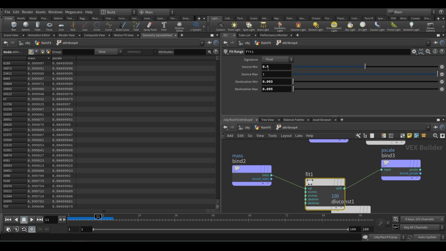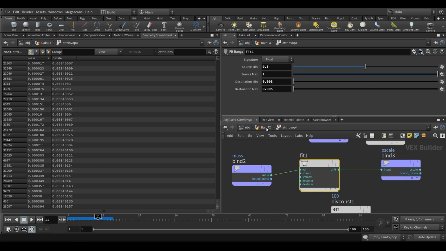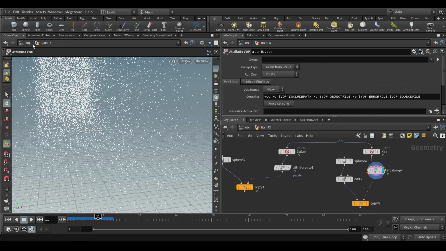So the value of this one is now converted between 3 and 5. 0.5 and 1 is converted to 0.003 and 0.005. So you see 9 is 5 maximum value, and 0.6 is 3 minimum value, okay. So you have that. Now if you go and connect,